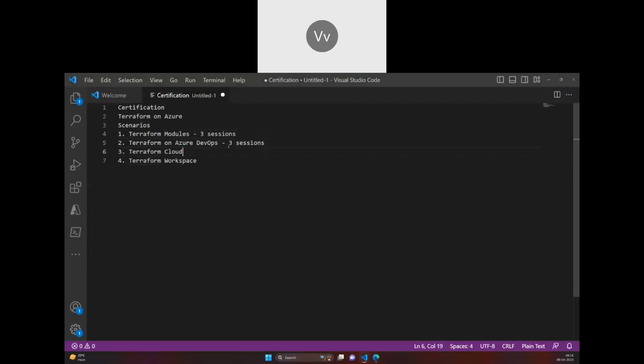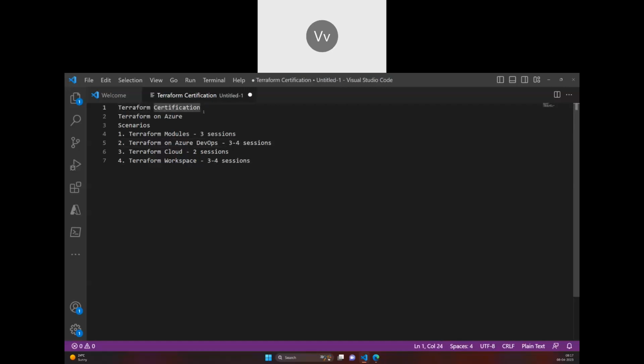Because I have to show you how, in terms of Git, these scenarios would be encountered in your organization. And this could go for 2 sessions, and workspace will go for 3 sessions. If you see here, three to 4 sessions, I believe. So on a rough figure, you have 12 sessions here, that is 2 weeks, and you have, from the certification point of view, if you refer to the Terraform certification,